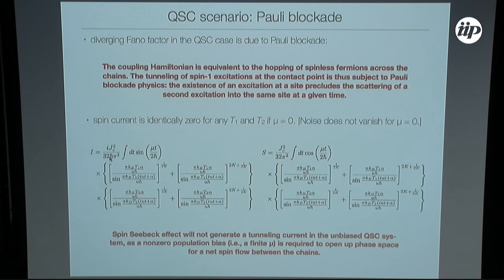No current, but yeah. So here, even if you send the temperature to 0 in both of these spin chains, if you send the population bias to 0, you get 0 current, but you still get, here you get,